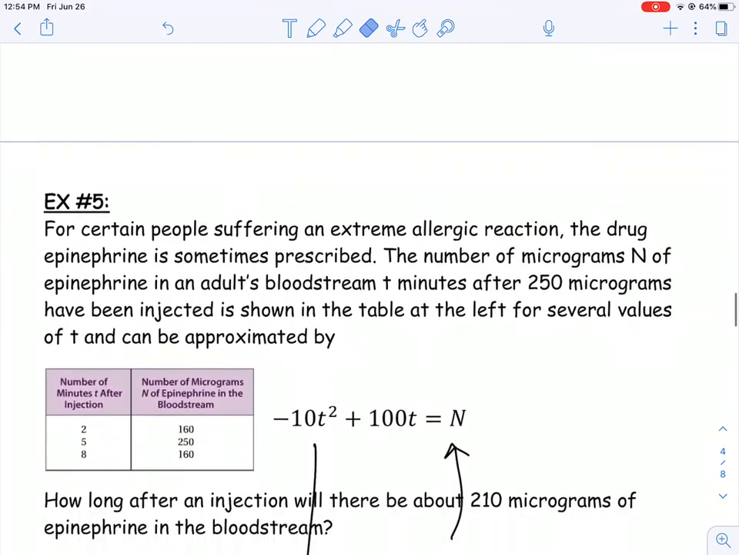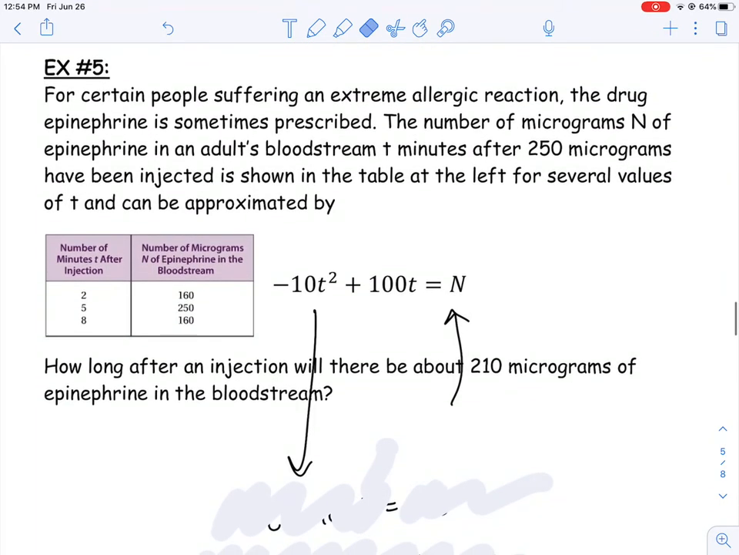Perfect. All right, let's do one more in this video, example number 5. It says here, for certain people suffering an extreme allergic reaction, the drug epinephrine is sometimes prescribed. You've heard of an EpiPen? That. All right, the number of micrograms N of epinephrine in an adult's bloodstream T minutes after 250 micrograms have been injected is shown in the table at the left for several values of T and can be approximated by